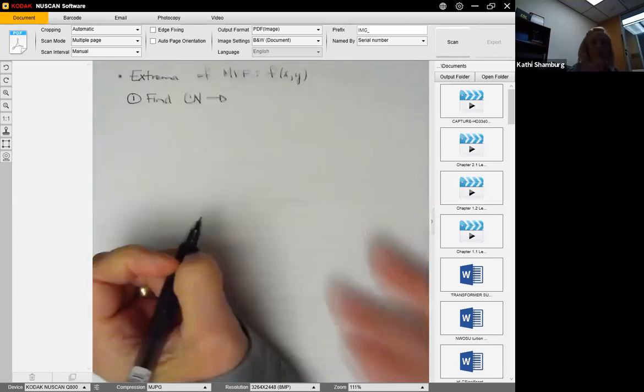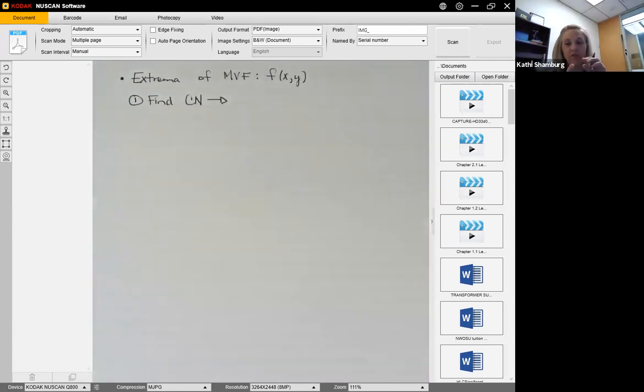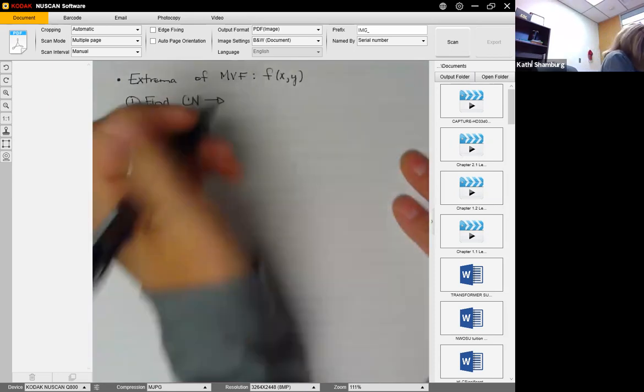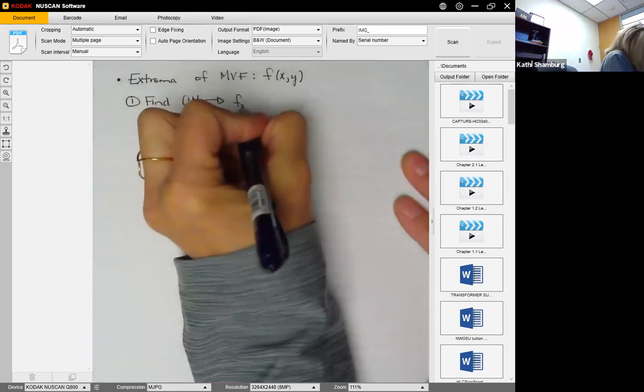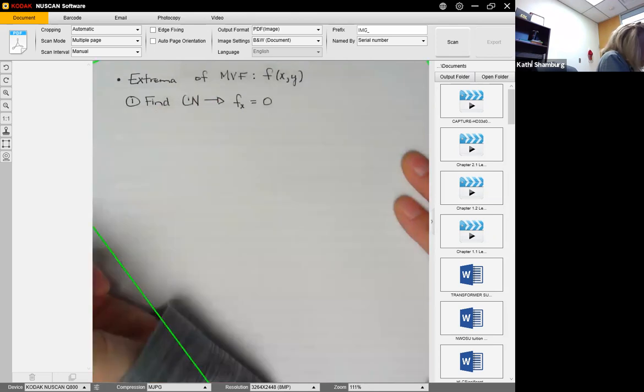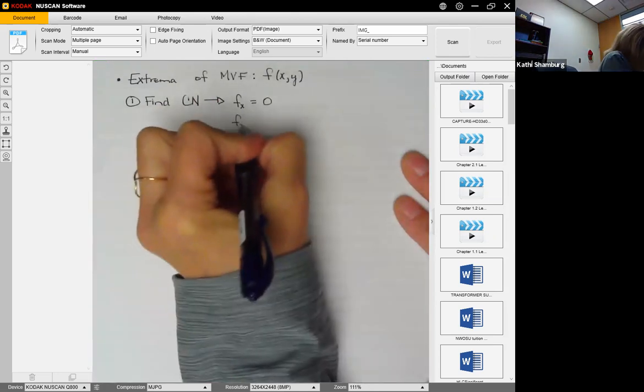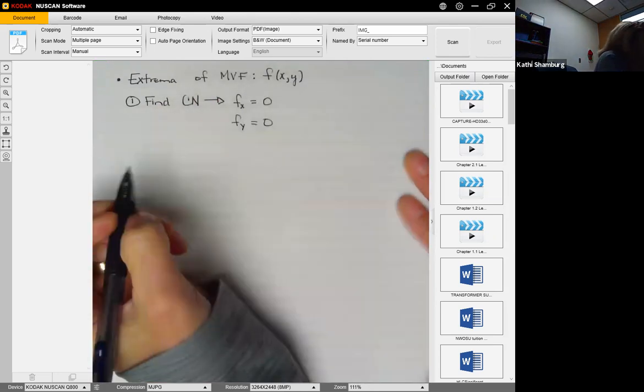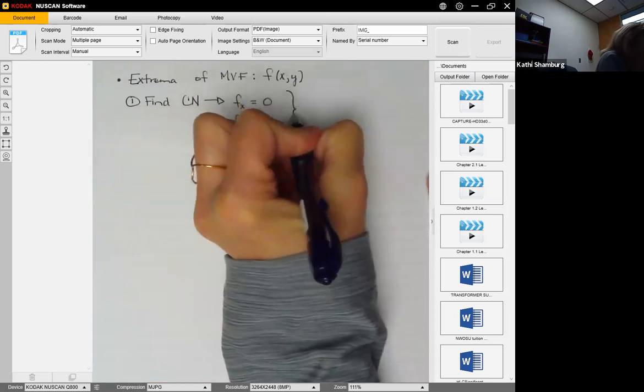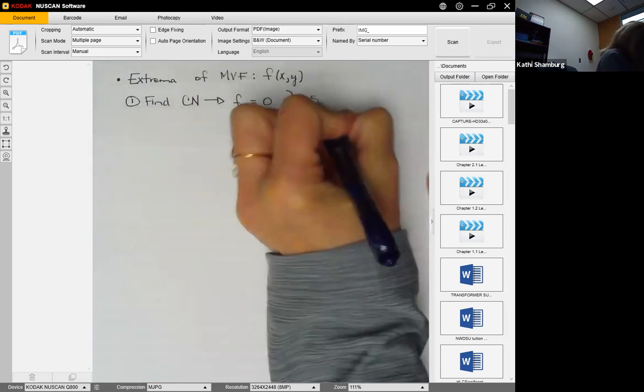Now, in chapter 3, we had to consider when the first derivative was equal to 0, and also possibly if it does not exist. With multivariable, we're only looking at when it's equal to 0. So there you go. It makes it a little bit simpler. So f sub x has to be equal to 0. F sub y, we will set equal to 0. So what we will create here is a